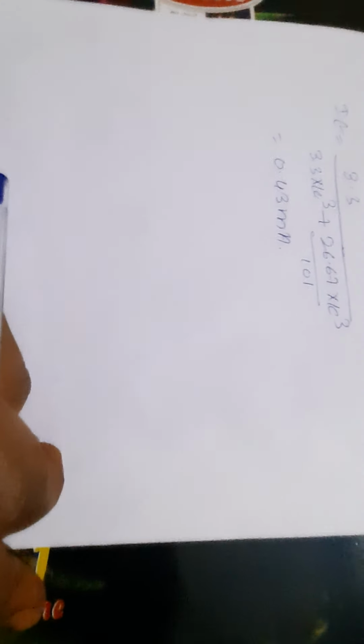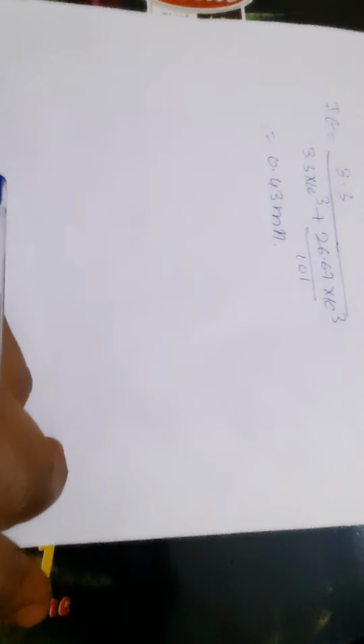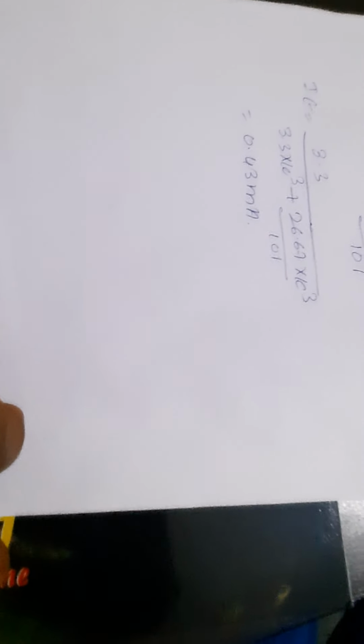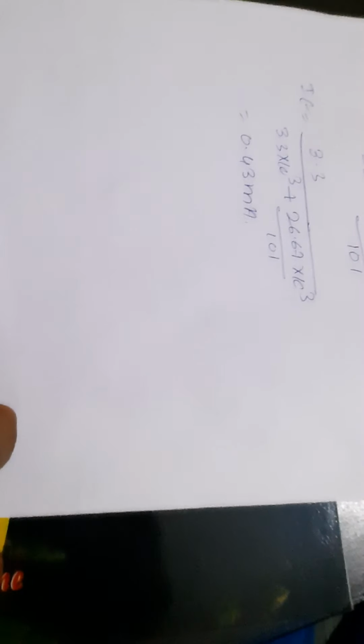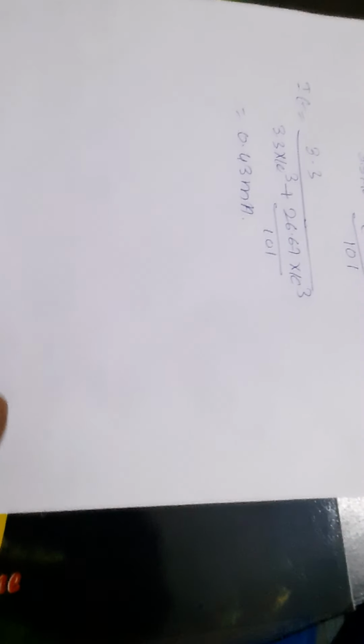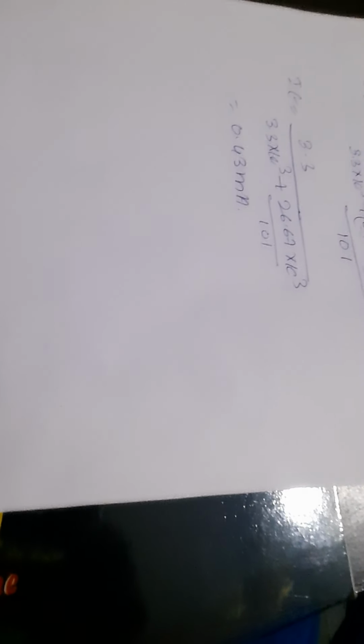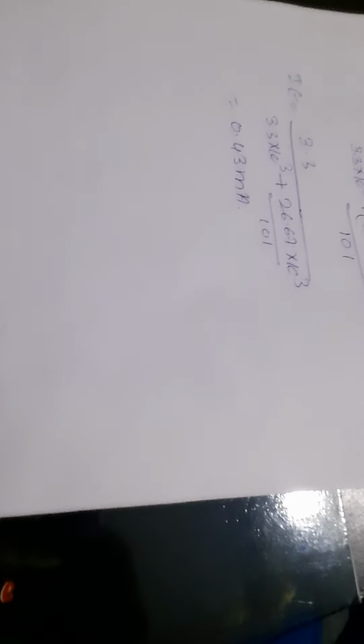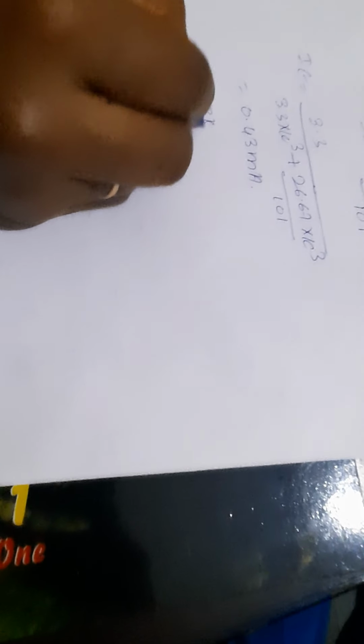This is quite a bit lower than the value we are aiming for of 1 milliamp. It is easy to see from the above equation that the simple way to restore IE to its nominal value would be to reduce RE from 3.3 kilo ohm by the magnitude of the second term in the denominator, 0.26 kilo ohm. Thus, a more suitable value is RE equal to 3 kilo ohm, which results in IE as 1.01 milliamps or 1 milliamp.